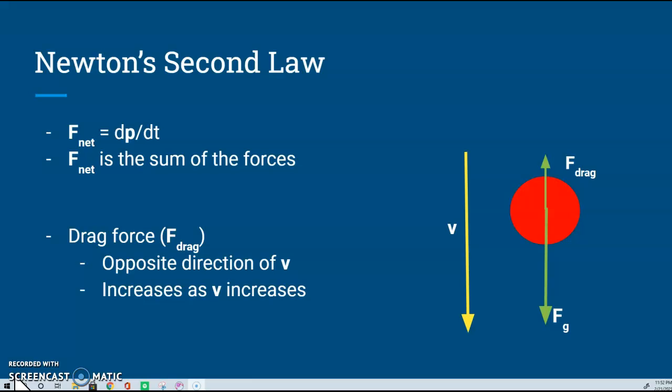The sum of the forces acting on a falling object is mainly the force of gravity and the drag force, which act in opposite directions. In addition, as the object's velocity increases, the drag force increases in the opposite direction. This is displayed in the free body diagram to the right, with Fg acting downwards, F drag acting upwards, while velocity